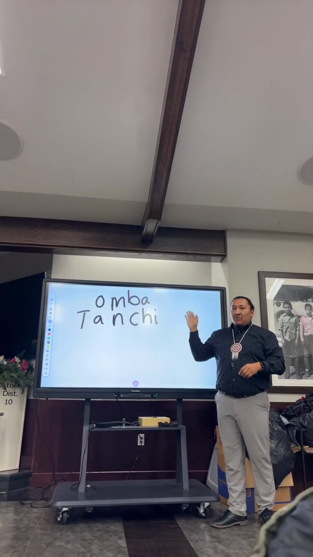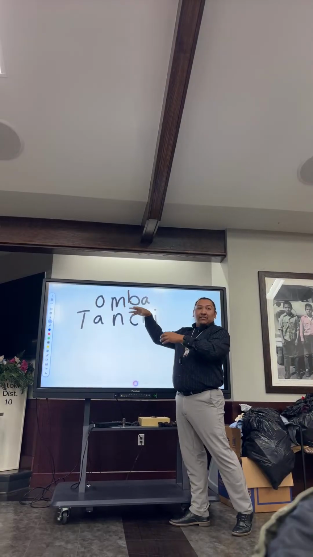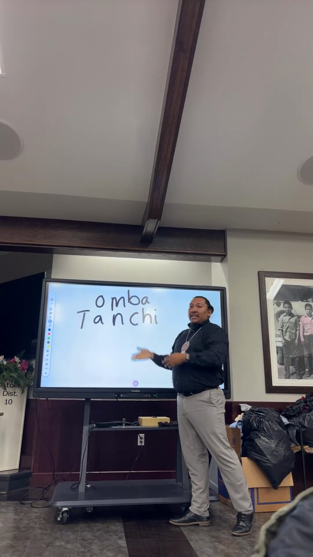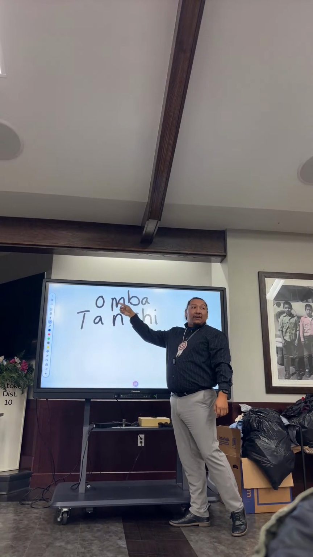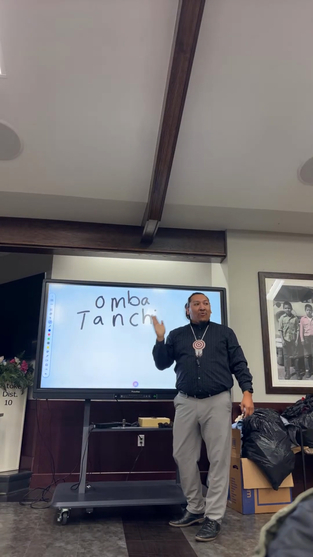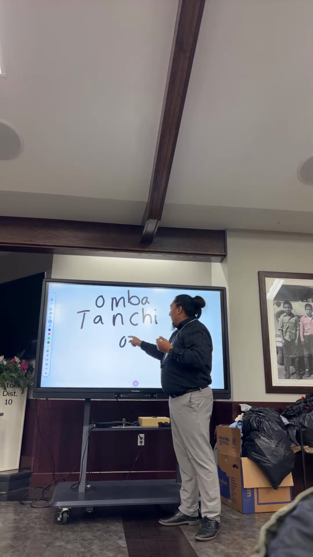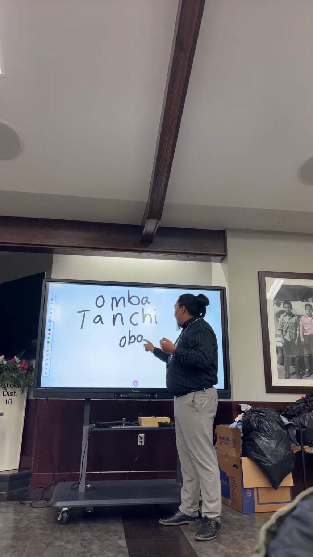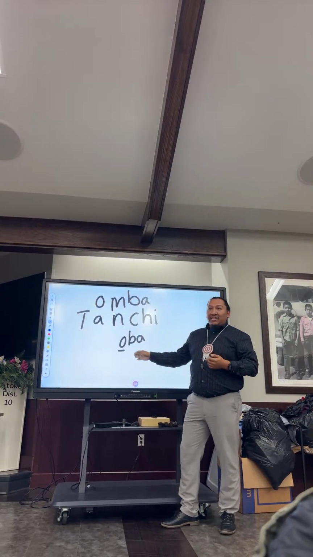Umba. So if it's paired with an N or an M, it's always going to turn it slightly to a nasal sound. So it's not omba, it's umba. And you could spell it like this, honestly. I think this is how Mississippi does it, and I kind of like that way because that's how you say it. Umba.